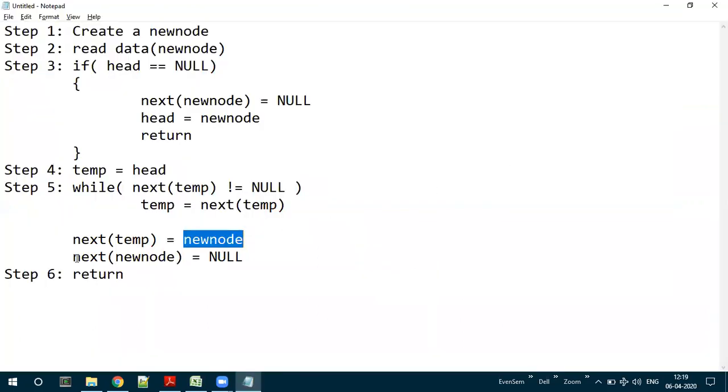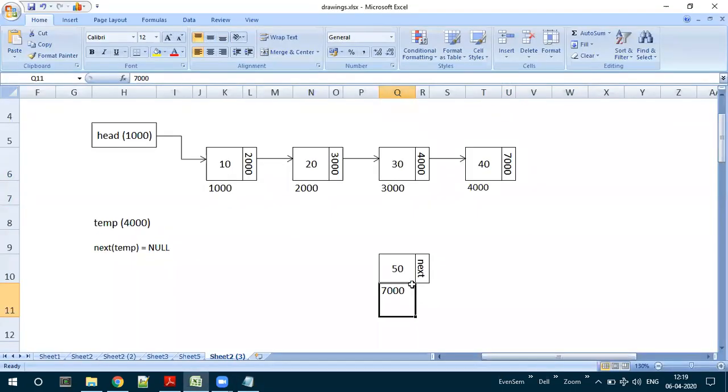Okay. Then next step. Next of new node equal to null. So this is new node. Next of new node, we are updating with what? Null value. So what we did, we traversed from first node to the last node.